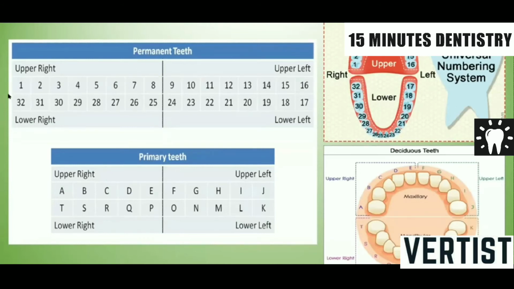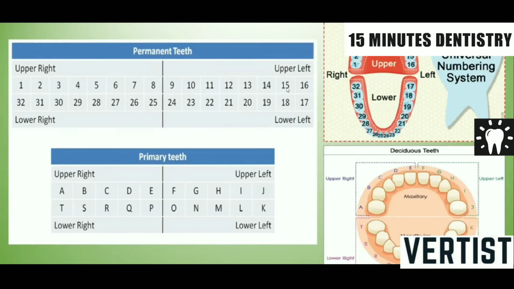For the permanent teeth, the teeth are numbered beginning from the upper right, the first being the upper right third maxillary molar, continuing along the maxillary arch till number 16, that is the maxillary left third molar, and then dropping down to the mandibular arch where it begins at 17, that is the mandibular left third molar, continuing in a clockwise direction till it ends at the mandibular third molar of the right side. So this starts from 1 in a clockwise direction.